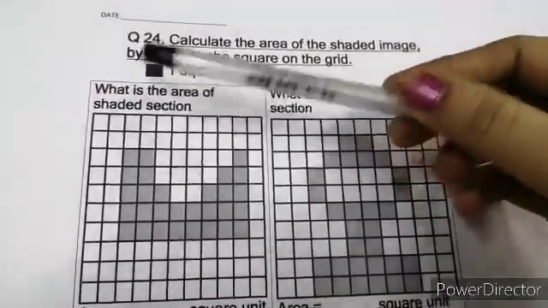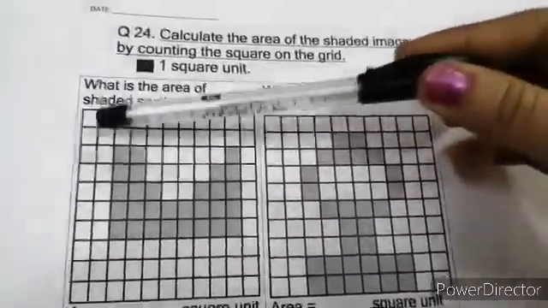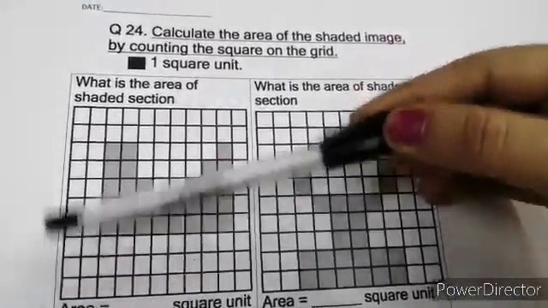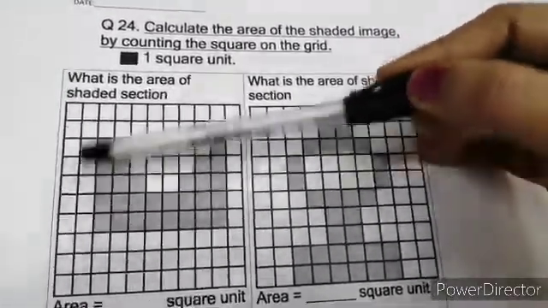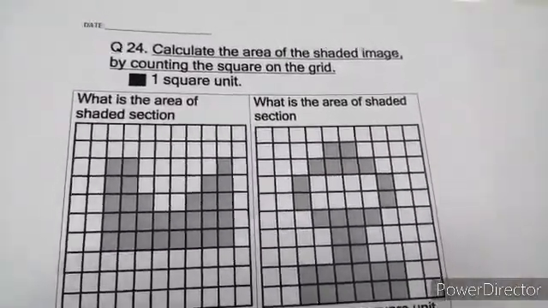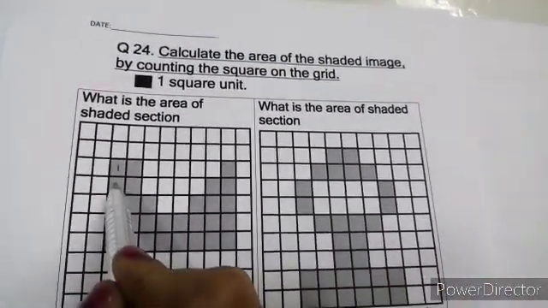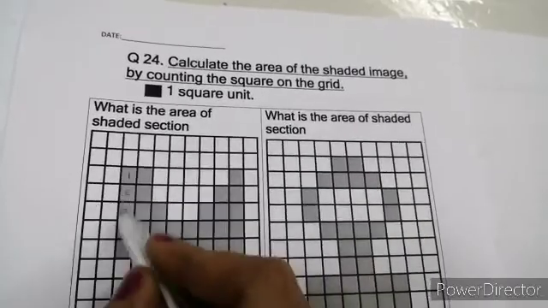Do you remember? I have told you, you have to start from the topmost left corner and see where the shaded portion is starting. It is not here, it is not here, it is starting from here. And where it is starting, you mark as 1. So this is 1, 2, 3. Then you count like this down. One by one you have to count and write the numbers. 5. Then you move on.